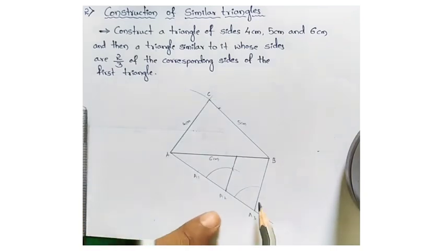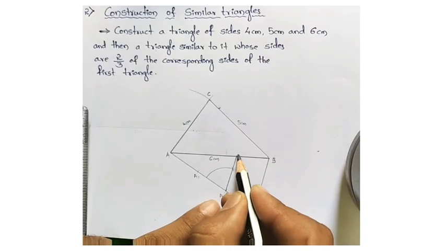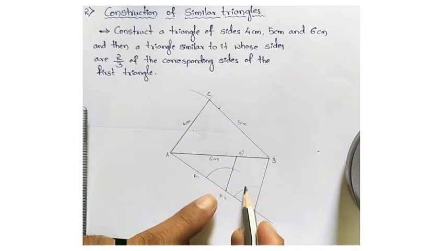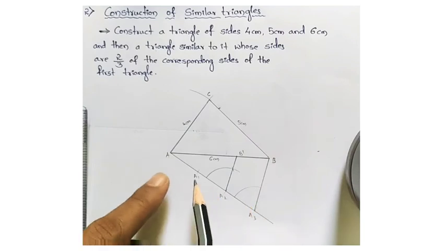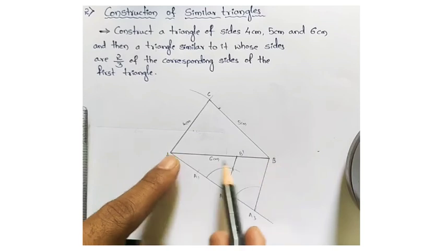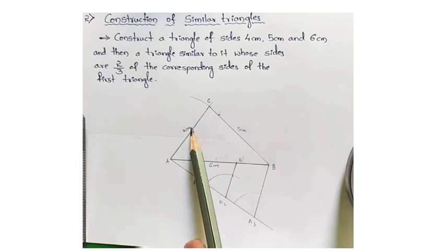Now we got A3B parallel to A2. Let's take it as B dash. So these two will be parallel lines. Okay, so now we got 2 parts out of total 3 parts. Okay, now we have to draw a line which will be parallel to CB, then here from B dash to side